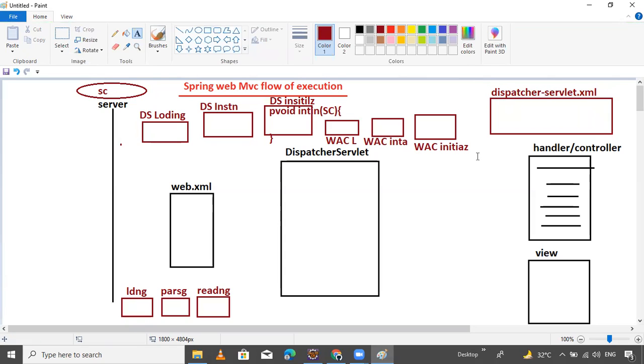This is the web application context initialization. It identifies or recognizes the Spring configuration file under the web-inf folder, with the logical name of the dispatcher servlet, that is dispatcher-servlet.xml. Then the web application context